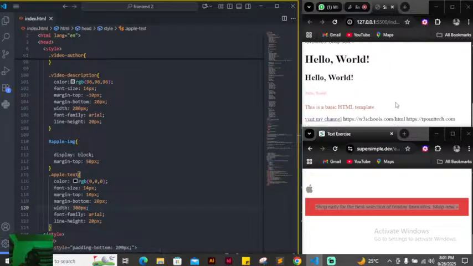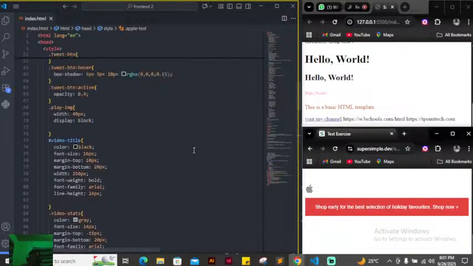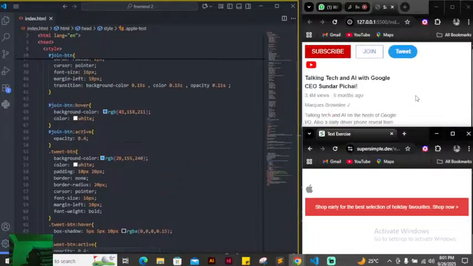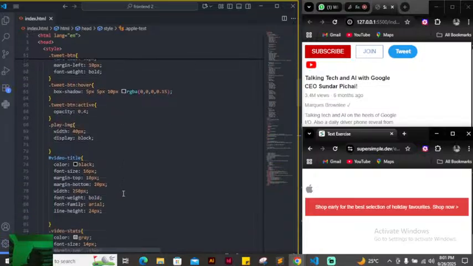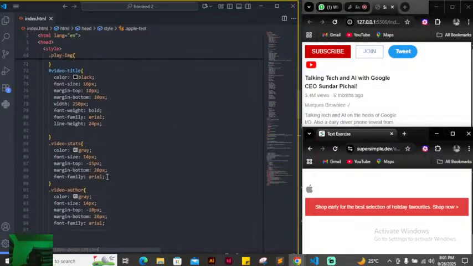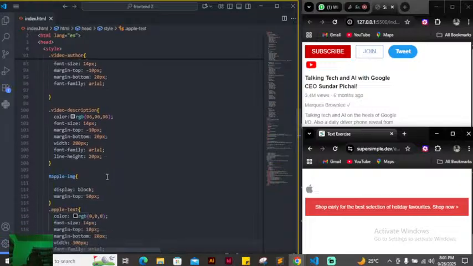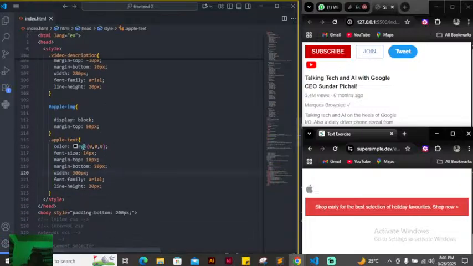Now this is Apple text. There are some things I don't need here. I'm just using this AI to make life easy for myself. So the background color, let me use the background color of the button. Will that be good enough? Or let me just get my own background color. So the background color for this Apple text, where is it? Let's